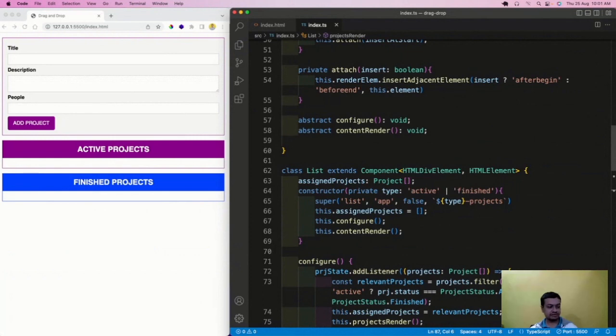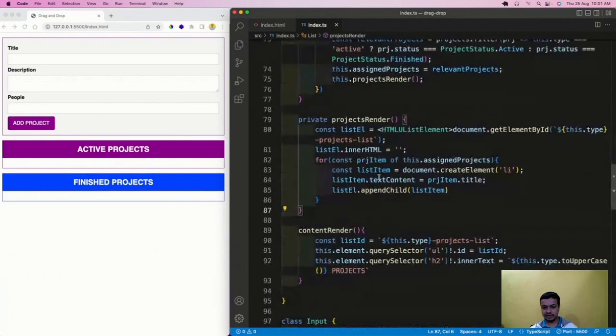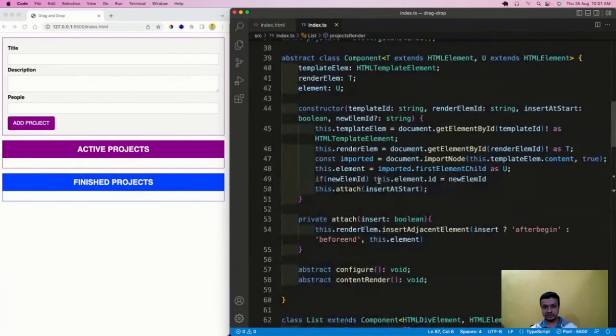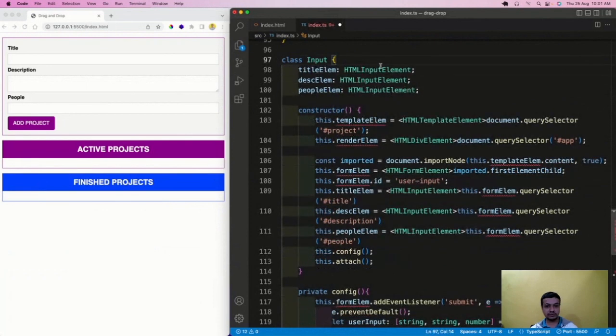Now the same thing we are going to do. See the logic, now the code has become so less, all the common code has gone to this component. So the next thing which we are going to do is this input. This input also we need to do the same thing. In the input, the title, description, and people element are something which is not common, which is already there. So we have to remove these three things, but we have to do a